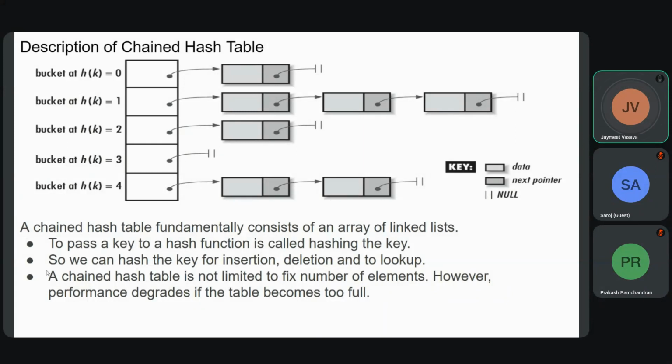Whenever we want to insert a key, we hash its key and go to the position of the element that we want. Then we insert the element at the head of the linked list. It is a similar operation for deletion and for lookup as well. A chain hash table is not limited to a fixed number of elements. However, the performance degrades if the table becomes too full,